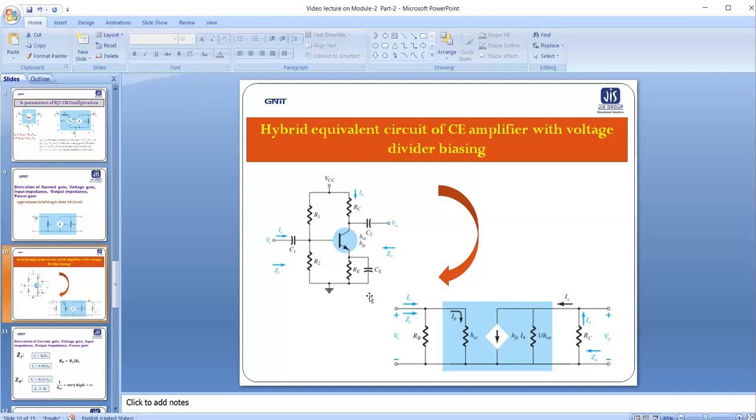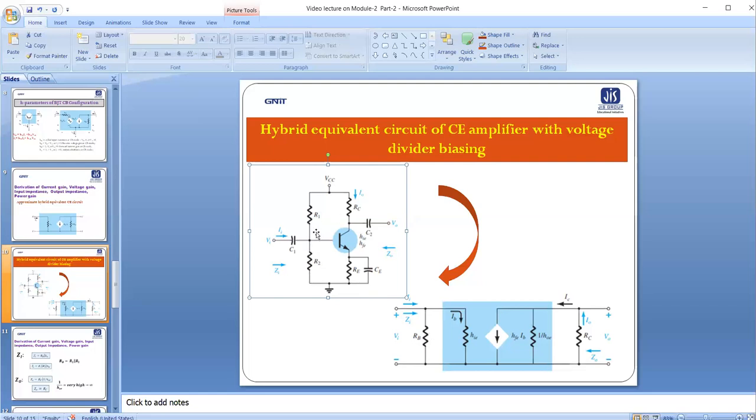Now, as we are dealing with the hybrid equivalent circuit, and it is already discussed that the hybrid equivalent circuit is applicable only for AC analysis, no DC signal is considered. So VCC will be set to 0, because VCC is a DC voltage. If we simplify this circuit, it looks like this. It has a Vi input signal voltage. Then there is a resistance RB in parallel. How will this RB come?